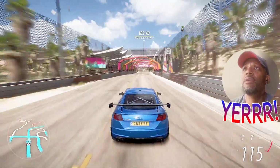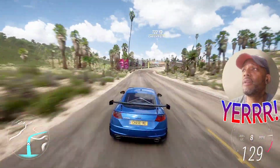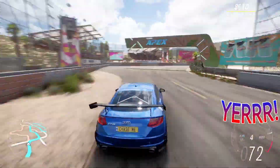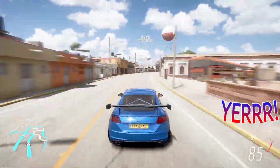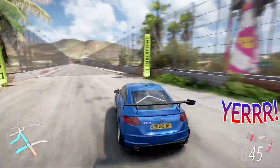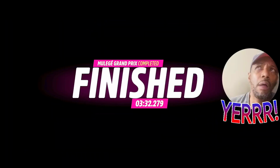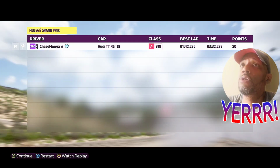Alright, so this is the end of lap 1. I'm going to time lapse the rest of this and see you at the finish line. Okay, so I'll give this race a 3.5 out of 5. It's pretty good. So now what we're gonna do is go claim those 2 cars,